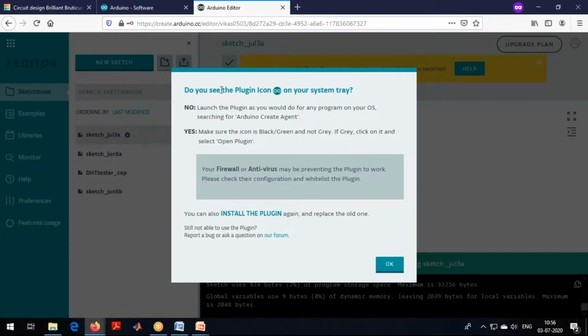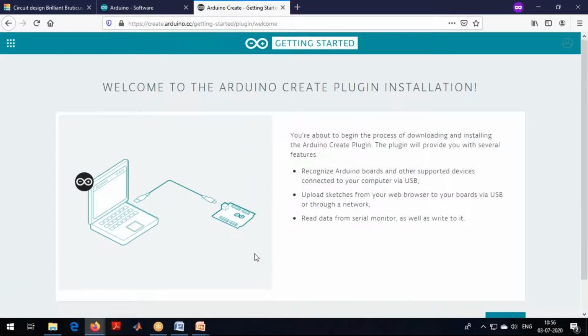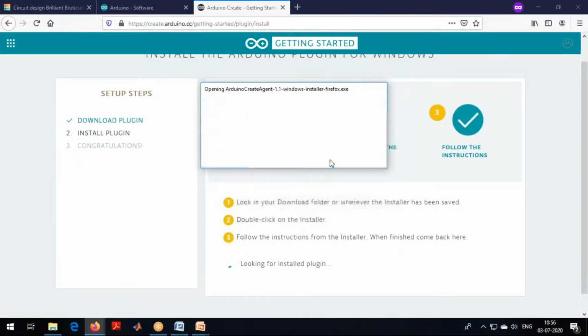So if I have to load this complete thing into my board, I need to install the plugin. You can click on install the plugin. A plugin will be there. Start, download, save.